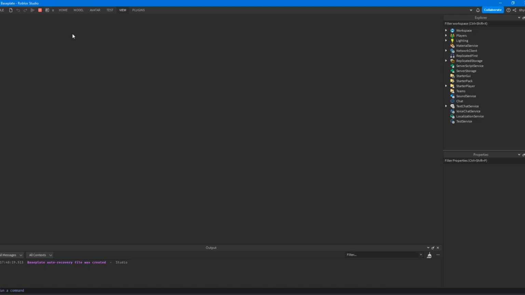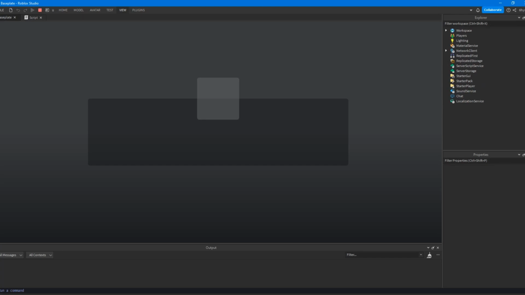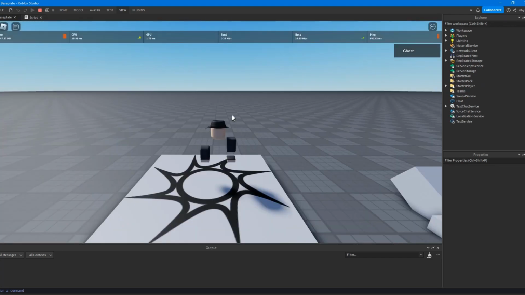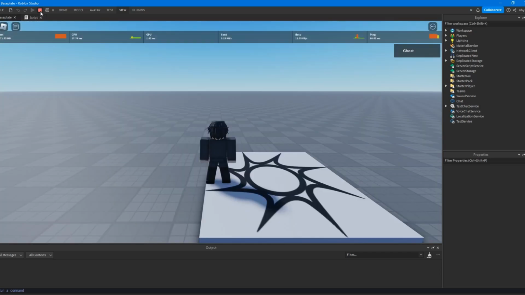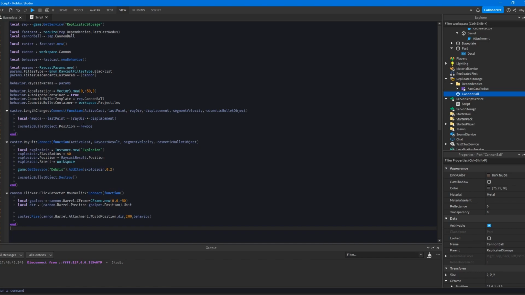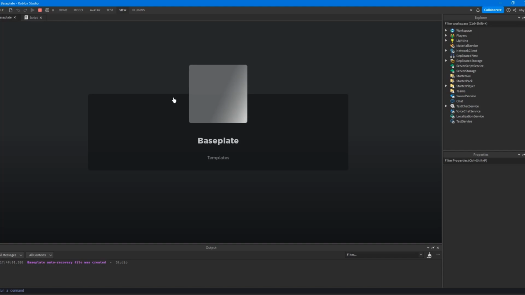Let's see if Studio wants to work. I don't know why. It just decided to not work there, but alright, so we'll try now. That's great. So for some reason it didn't ignore the cannon. I don't know why it did that. Oh, it might have hit the base plate. This might actually be backwards, now that I'm thinking about it. So we're gonna go ahead and reverse it. It might have went backwards and hit the base plate. That's my assumption, but I could be wrong.